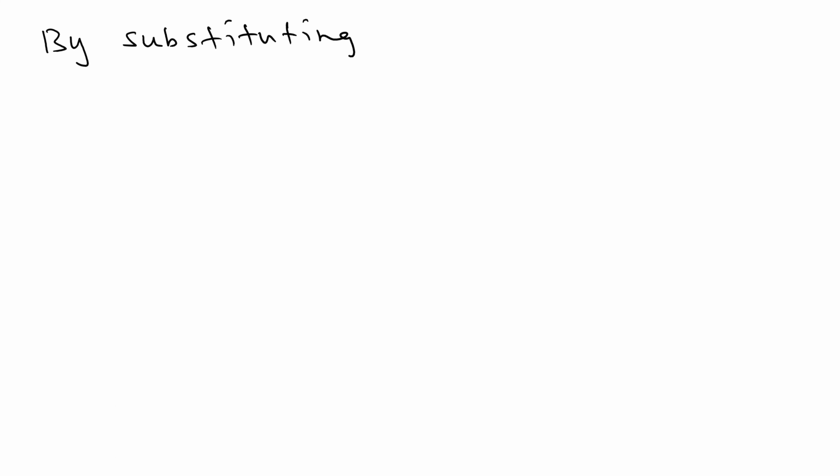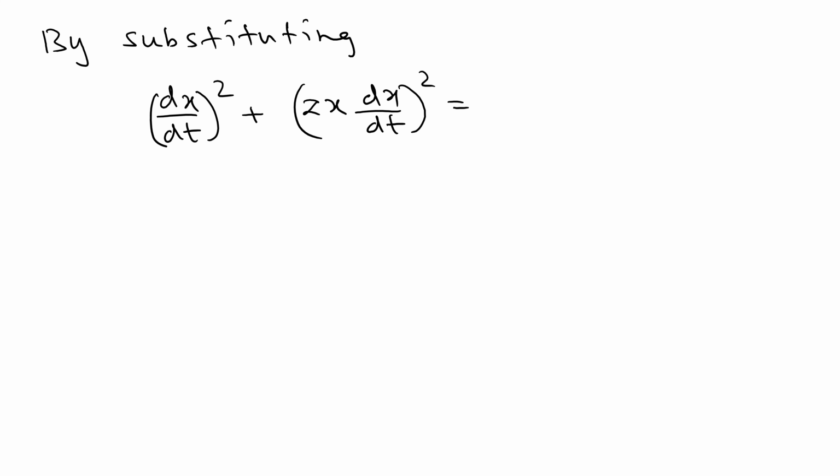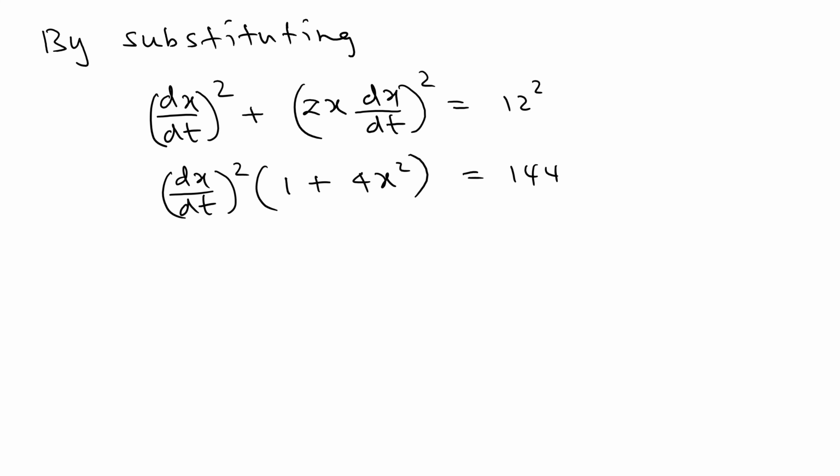By substituting, we're going to get dx over dt, the whole thing squared, plus, as before, 2x times dx over dt, that's the derivative we just took, squared, equals 12 squared, because v equals 12, that's given. Now you can see you can factor dx over dt squared. You're going to get the factor 1 plus 4x squared, which equals 144. Now we can just solve. So you can write dx over dt equal, as before,